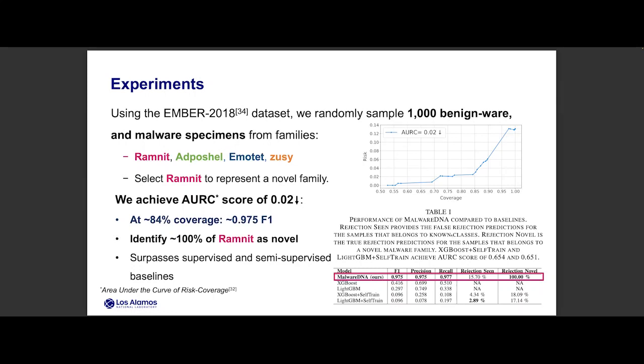So if I saw a family, let's say Emotet, I should not be detecting it as novel, versus I want to detect as much as possible of the samples from RAMNet as novel. So there's a trade-off, and that's what it's demonstrating. And the area under the curve for this should be low, so having a lower number is better here, and we get 0.02, which demonstrates that we can have low risk with a high coverage, which shows that the method is performing well on